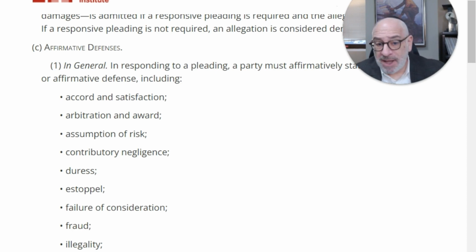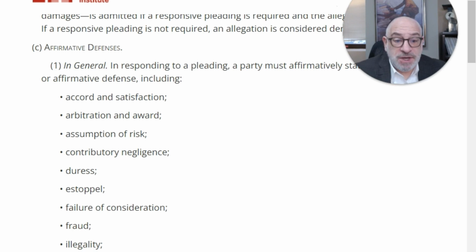Fraud. The contract that you're claiming rights under was obtained by virtue of you making promises to me that are not reflected in the contract, but which were false when you made them. You knew that they were false, and you made them in order to induce me to sign the contract.